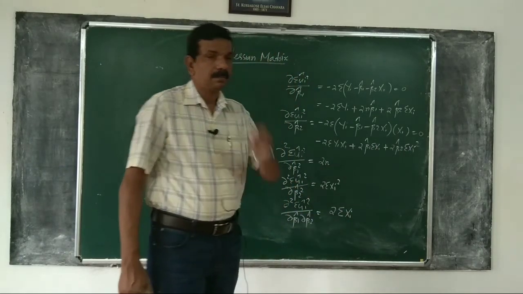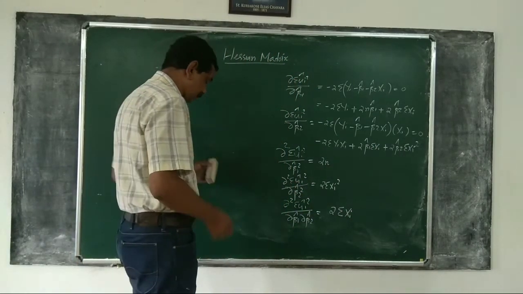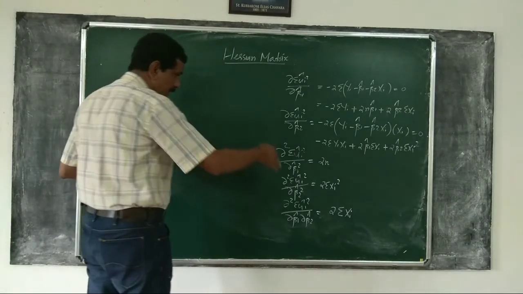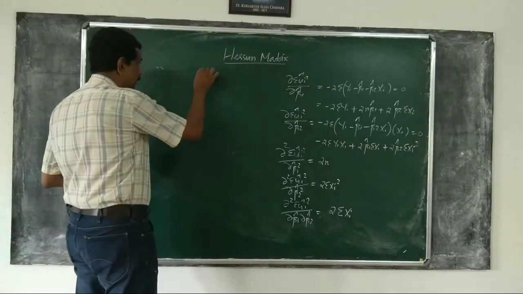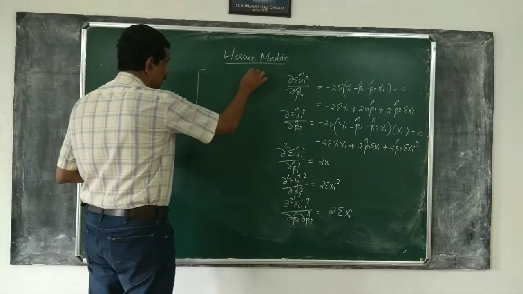Now we form the Hessian matrix of the second partial derivatives and also the cross partial derivatives. The Hessian matrix looks like this: